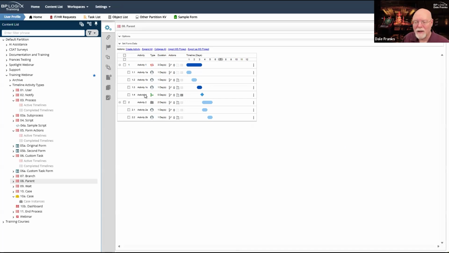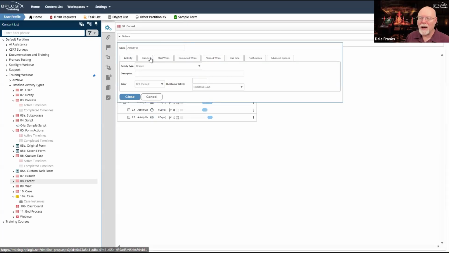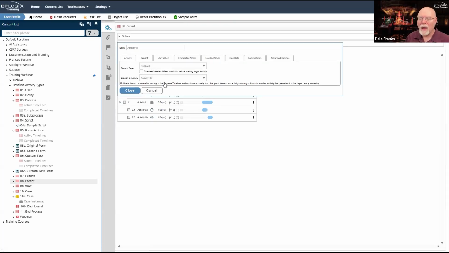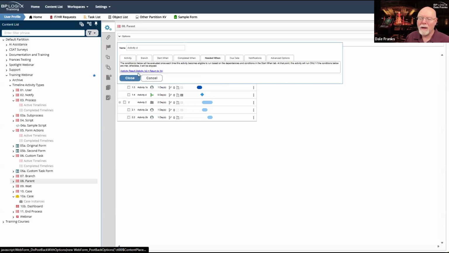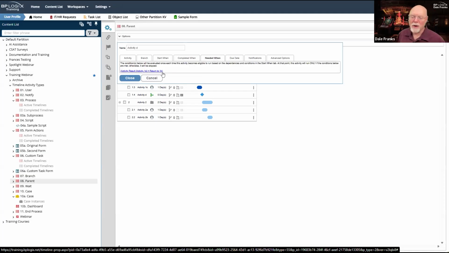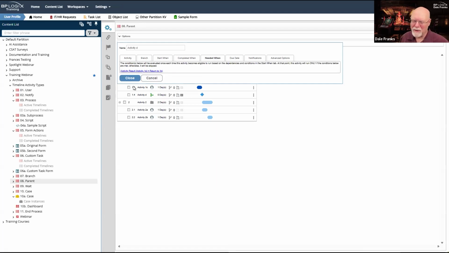Now, all of a sudden, the branch activity becomes relevant again, because with my branch activity, I can say, hey, you know what? Let's roll back this thing to 1B when the activity result for 1C is return to 1B. I think I just wrote back to 1B instead of return to 1B. But in any case, I can fix that.